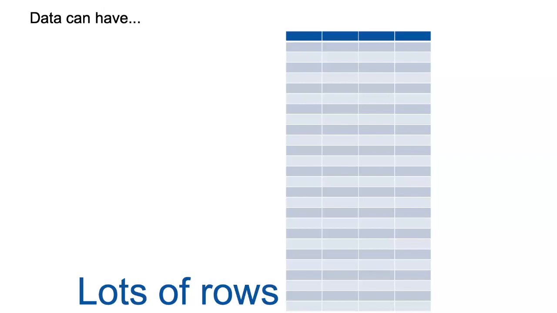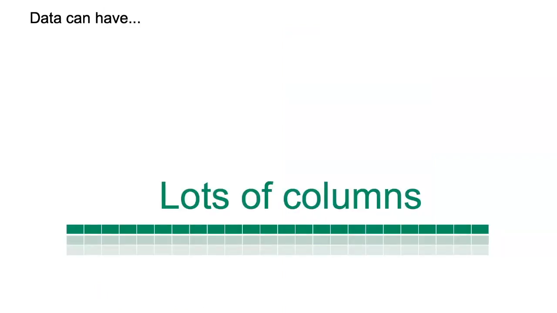But most importantly, we're going to look at tables that have lots of rows, millions, that's still small, billions, trillions of rows. We can have quadrillions of rows. This is big data. Or we're going to look at tables that have lots of columns. In a typical relational database management system, you have a couple of hundreds of columns at most in a table. It's typically limited to 255 or 256, right? But you can also have cases in which you have millions of columns. You might have billions of rows and millions of columns, and it's all very sparse. A lot of the cells are empty, but that's also belonging to big data, right?